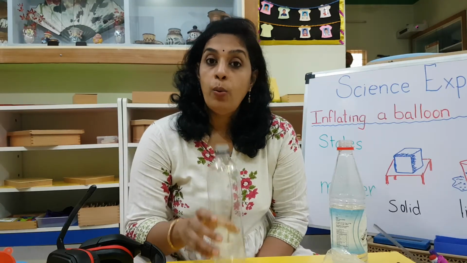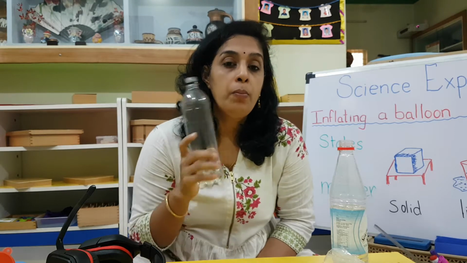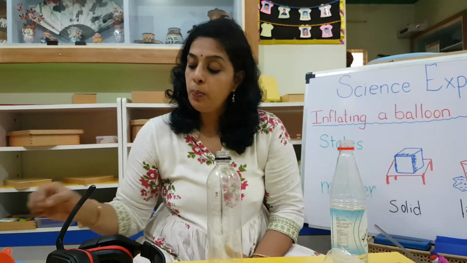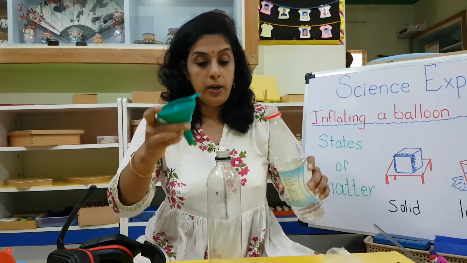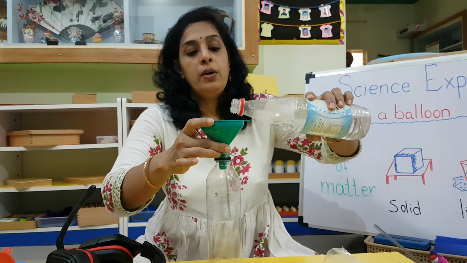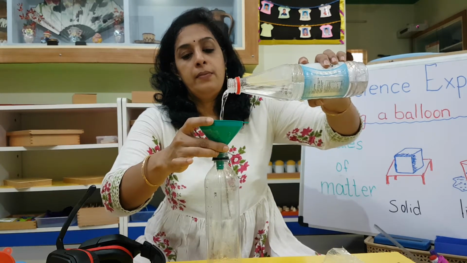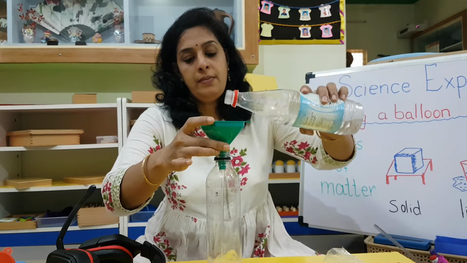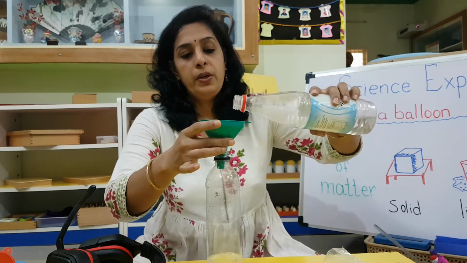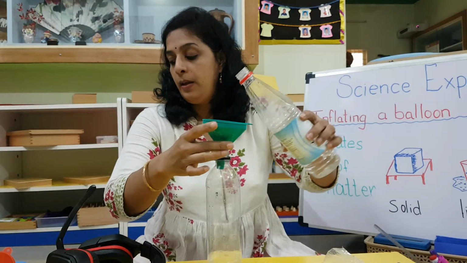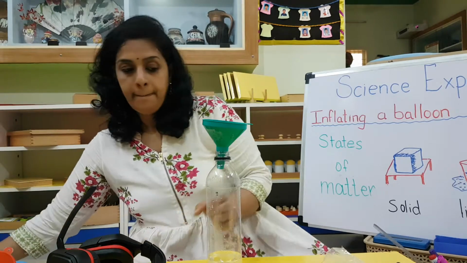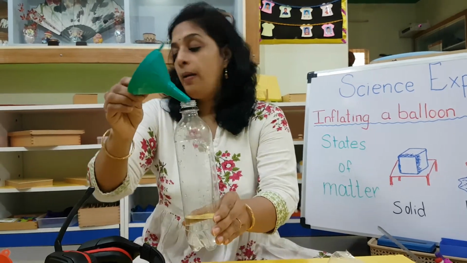Come, let's see that. For this, I will need one empty, clean bottle which is transparent. You need to be able to see, so it has to be transparent. And I'm going to pour the same vinegar into this bottle. Okay? I'm going to pour this vinegar into the bottle. See? I poured it. Now, I don't need this anymore, so we'll close it and put it away. I don't need this funnel also. I'm going to put it away.